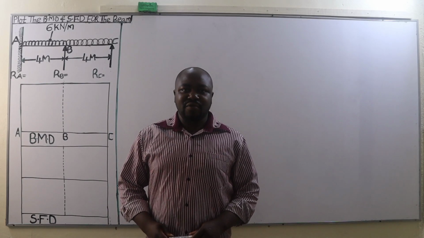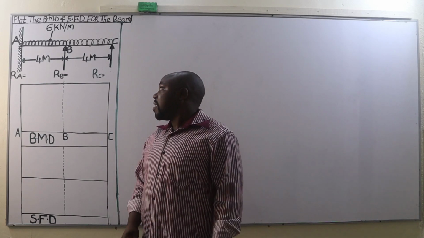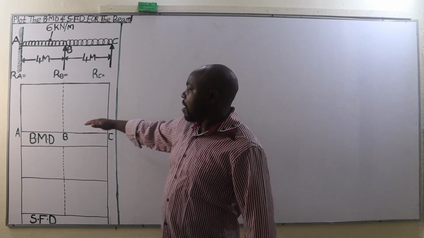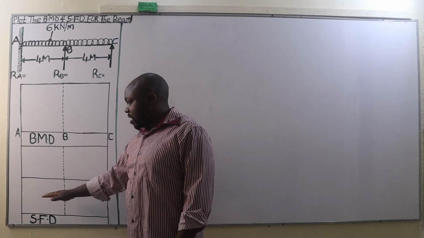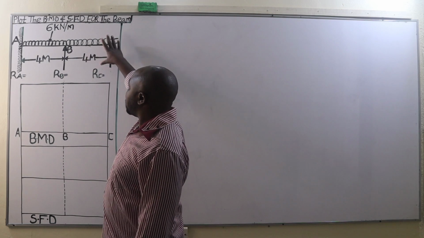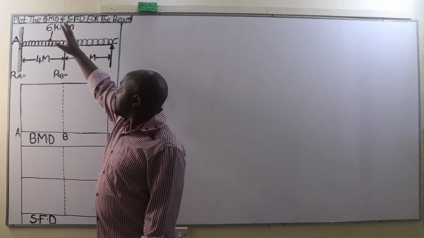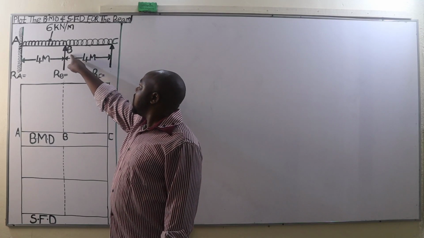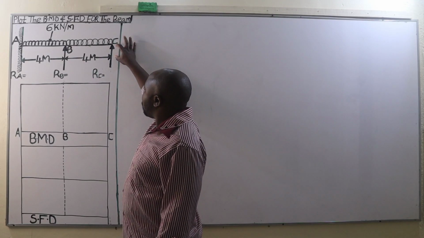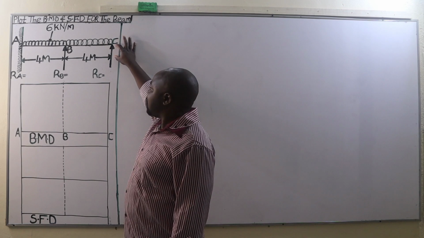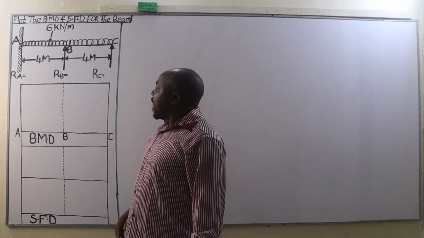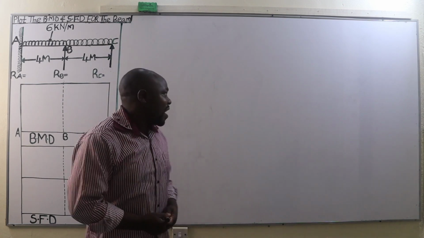Welcome back to our channel, and today we are going to plot the bending moment diagram as well as the shear force diagram for this beam that is fixed at the end A, supported at B, and on its end C it is also supported. And we are going to begin with